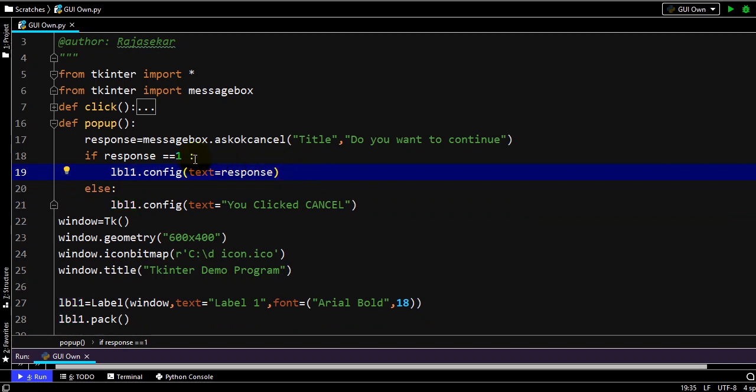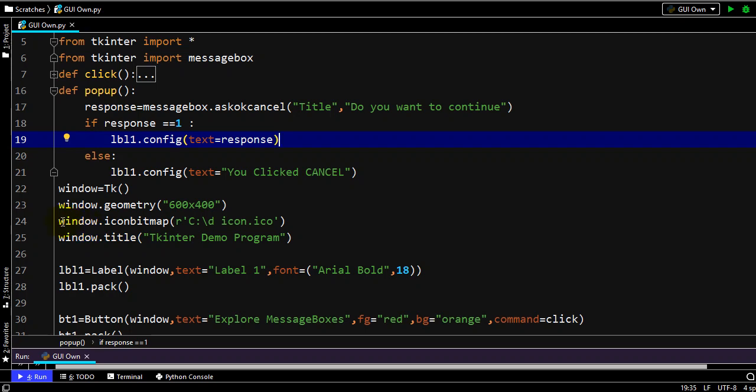Instead of showing the 1 or 0, it's more meaningful to give you click cancel or something else, or the piece of code you want to run. Like if you want to run some application, you have to give the coding part to open that application, or if you want to delete something, that coding part should be given here. Here we are just discussing a simple way of doing it.